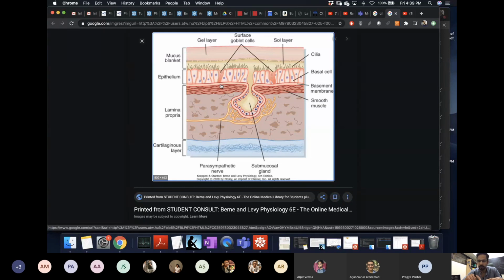So if you just look at a small piece of the wall, it looks like this. These cells here, which have these hair-like things, are on the surface of the wall. Above that are the epithelial cells which are composed of the wall. So all this stuff is the wall. You can forget about it.